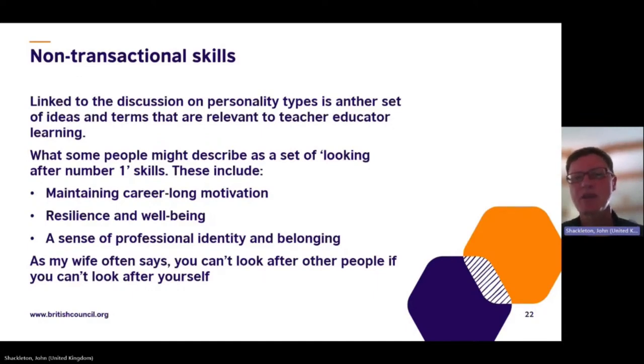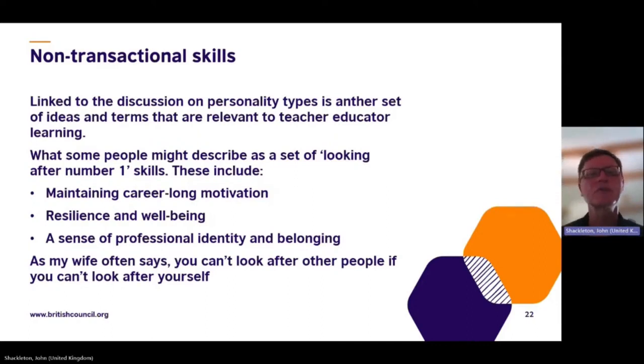So somewhere in the mix then, alongside thinking about some transactional skills, like how to facilitate groups, how to train people, how to help people reflect, how to give constructive feedback, those hard skills that teacher educators need, alongside the kind of knowledge and understanding, like adult learning theory, for example, that all teacher educators need to know, alongside thinking about your personality and other aspects of your personality that you can perhaps foreground because you think that they're helpful for promoting good learning amongst teachers, those aspects of your personality that you might want to, in a sense, mitigate because you think they hinder the creation of that positive learning environment.